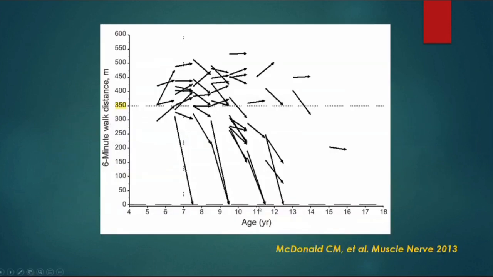So this is the diagram showing the 6-minute walk test. If the distance covered was less than 350, they had rapid decline, especially if they were older than 7 years. Whereas patients who had a higher 6-minute walk test, and they were younger especially, they had either stabilization or improvement within the next 1 year.